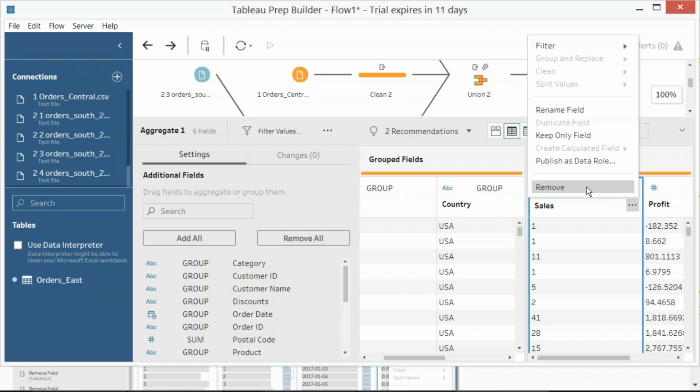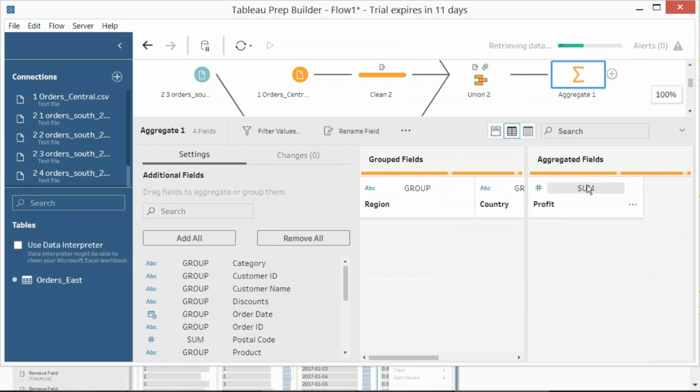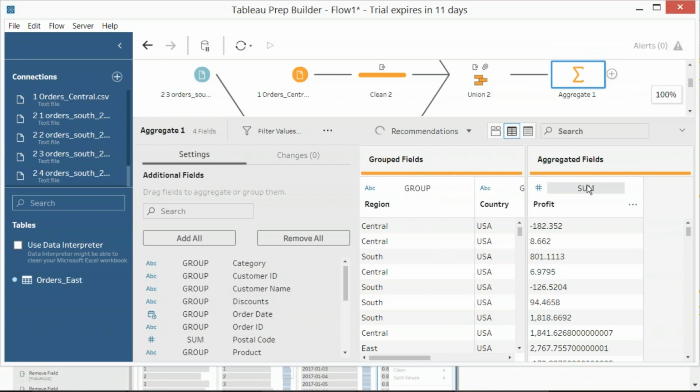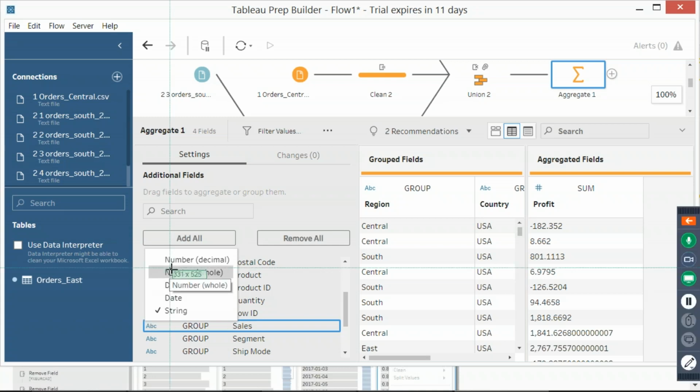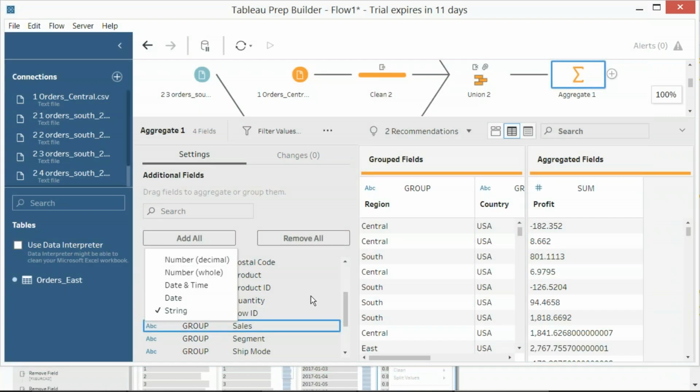If I click on remove, sales is removed from aggregation, right? Sales is removed from aggregation and it automatically comes here, and this is a problem, friends. You got ABC. You don't want ABC, it should be whole number. That is a problem I was talking about few moments back.